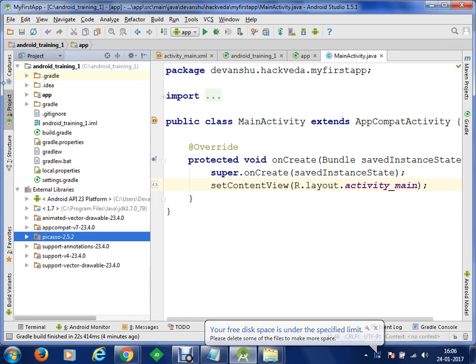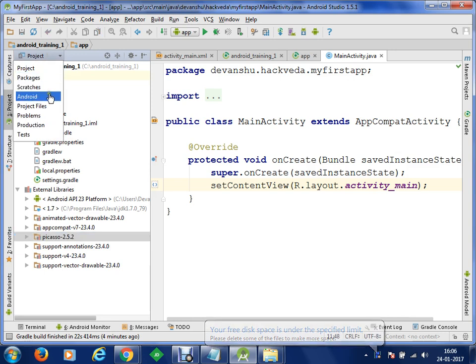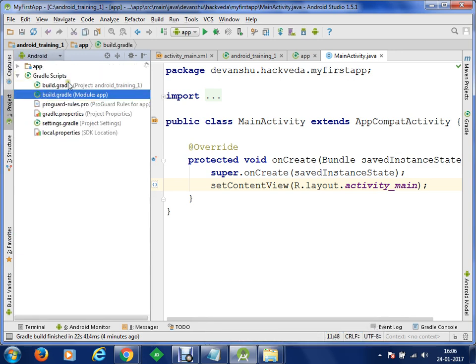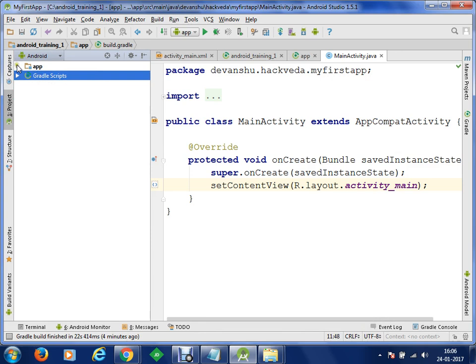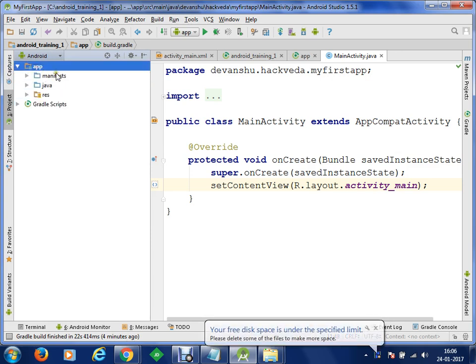Clear? So now let's switch back to the Android project again, and within this Android project we'll go to the app structure, and within this app structure we are going to understand what manifests, Java and resources are. At the moment I would like to conclude this video and go to the next section, that is our project structure.